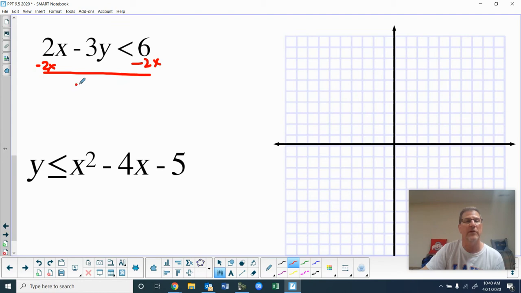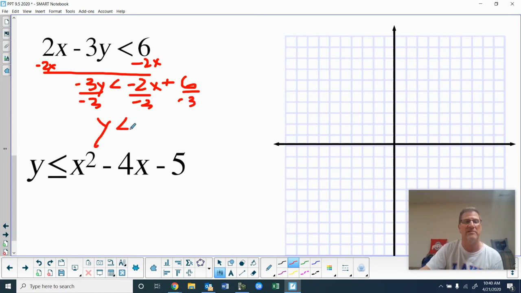And get negative 3y less than negative 2x plus 6. And then again, we're dividing by a negative. Remember, only when we divide or multiply by a negative do we switch. But we had to do it again. You don't have to if it was dividing by positive 3. So just remember that. So we get y is less than, 2 negatives make it positive, 2/3